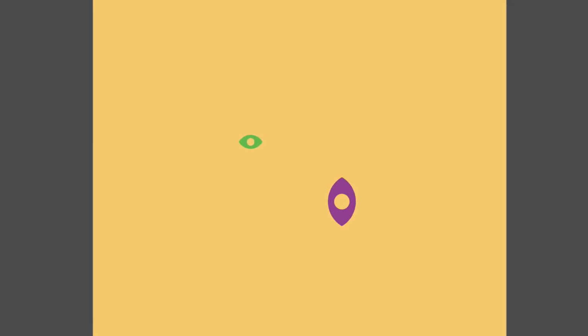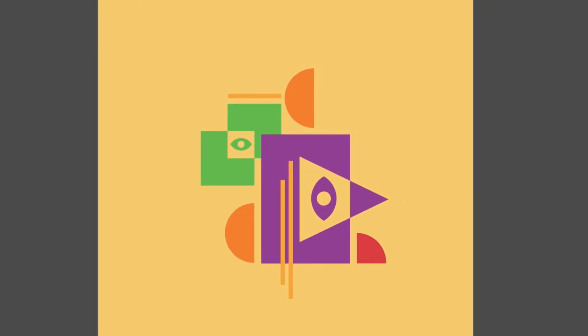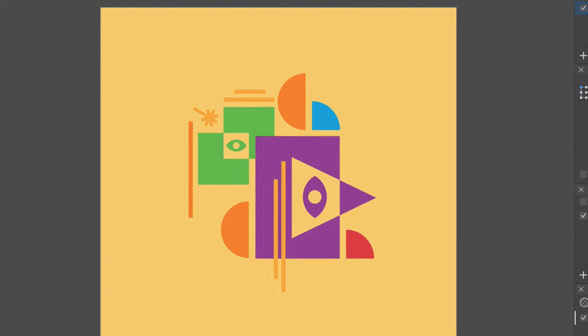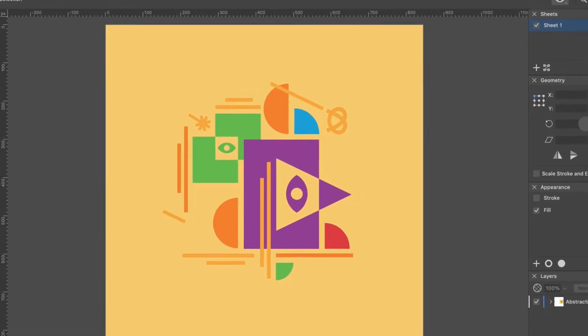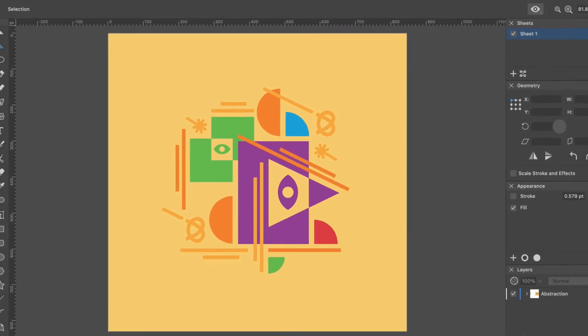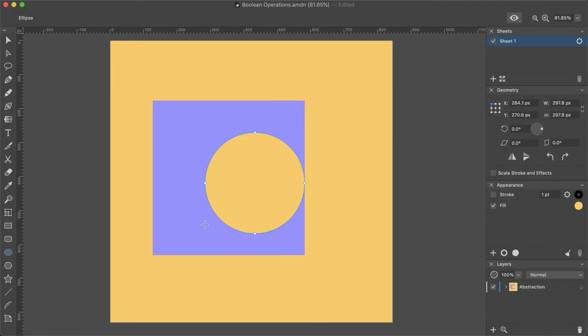This tutorial will cover the process of creating new shapes by combining two or more basic shapes. The process is called Boolean operations and lets you add, intersect, and subtract one shape from another to create a new single shape. Let's guide you through some basic operations while creating an abstract illustration. You can download the accompanying file to play with already created shapes, as well as practice creating your own new shapes.